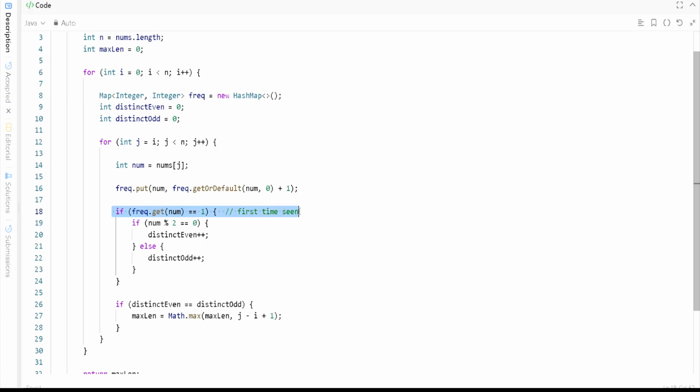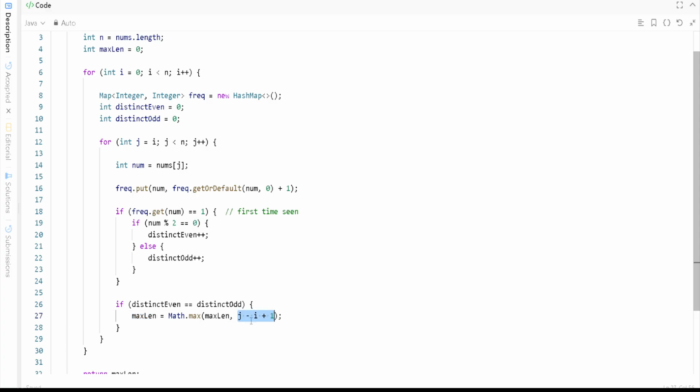अगर डिस्टिंक्ट एलिमेंट बना रखे हैं, राइट, फ्रीक्वेंसी डॉट गेट नम्स एट दिस मीन्स फ्रीक्वेंसी, अगर तभी हम काउंट करेंगे, राइट? लेट्स सपोज कि वो डिस्टिंक्ट एलिमेंट है, और तब जाके उसको क्या देखेंगे, हमें चेक करना है कि डिस्टिंक्ट इवन नंबर और ऑड नंबर का काउंट सही है या नहीं। अगर इक्वल टू सेम है तो सबसे पहले हम लोग क्या करेंगे, ट्रैक करेंगे कि इस सबस्ट्रिंग का लेंथ